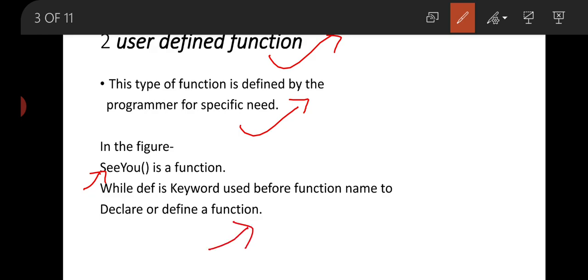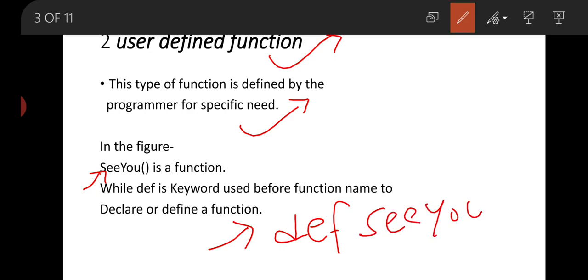Whenever we define any function, we have to use the def keyword. Suppose that cu is a function, then we have to define it like def cu. This is the declaration of the function.